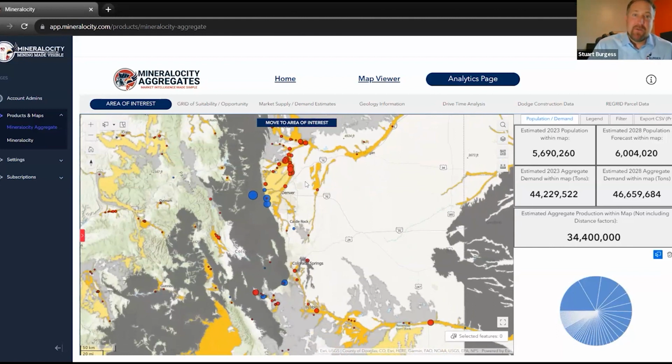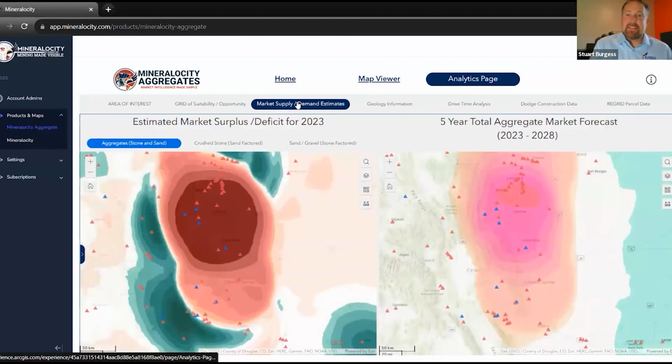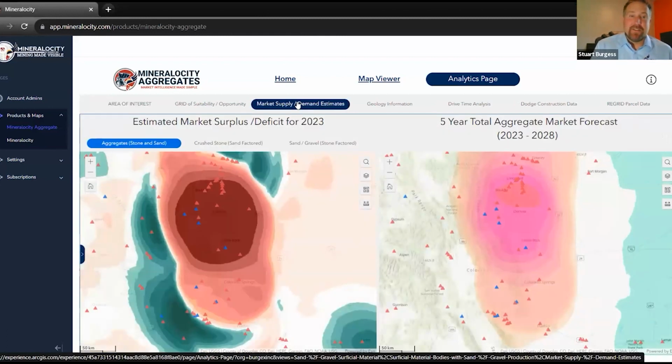And if we go to the market supply and demand estimates, you can see why there's a lot of interest in this region. As Jenny pointed out earlier, there's a huge deficit in the Denver area. It's growing rapidly. There's a lot of supply coming from within the region, but then there's also a lot of imported supply that's coming in from outside. And so this map tells you that if there was a larger local source within this area, it would find